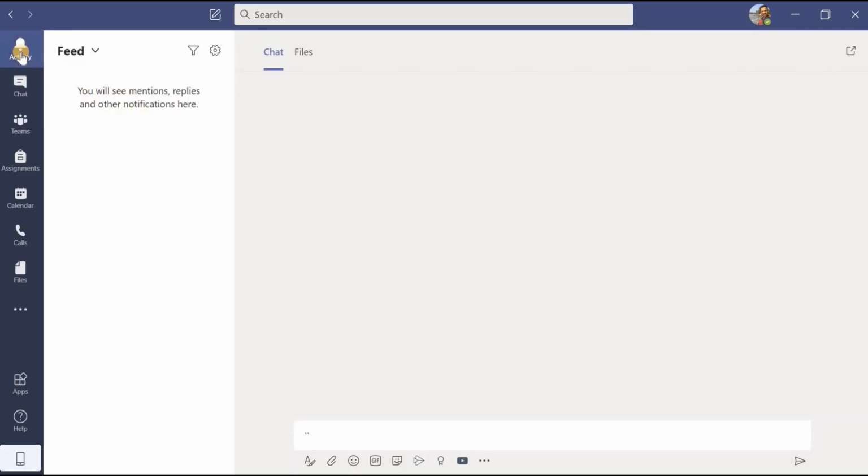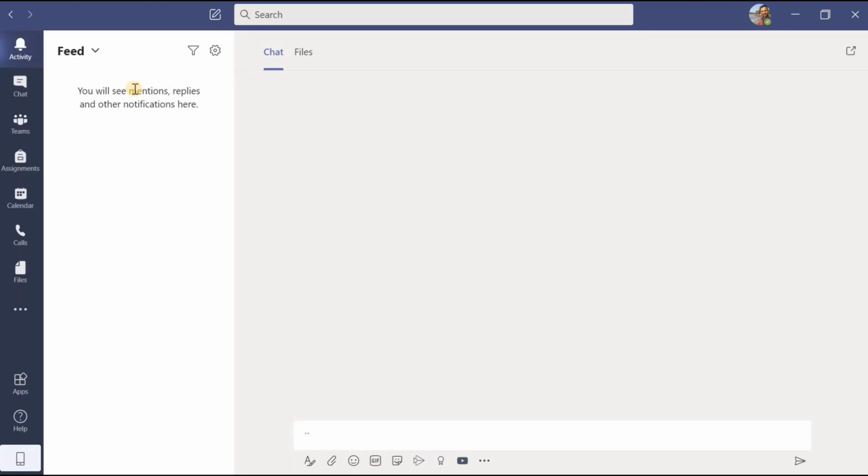Meanwhile, you can assume that this activity tab is similar to the notification tab in our mobile phone. Suppose if I miss any phone call, then what will happen? On the home screen of the mobile phone, I will get that notification.